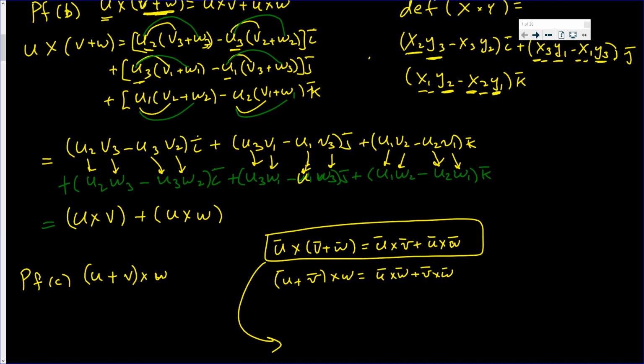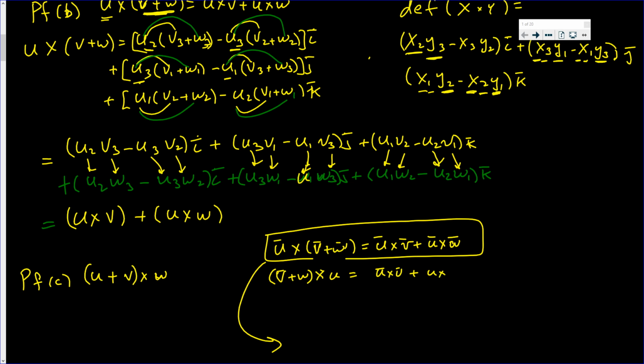Now, if I were to switch the order, W cross U plus V, let me have this out of the way so I can see what I want to do. So now, if I switch the order of this, that is V plus W cross U, well then I should get U cross V